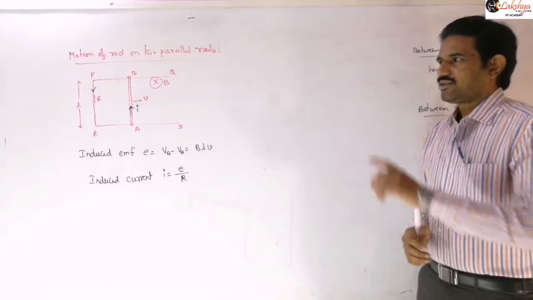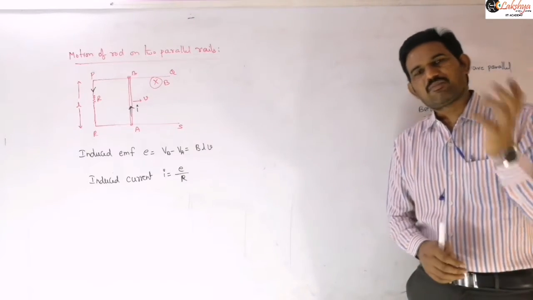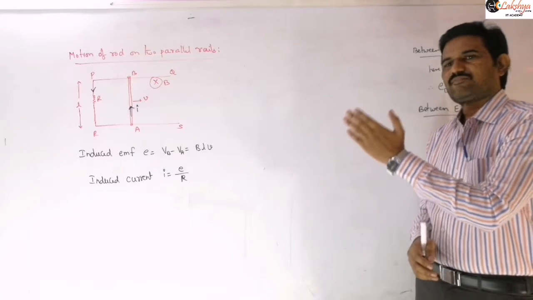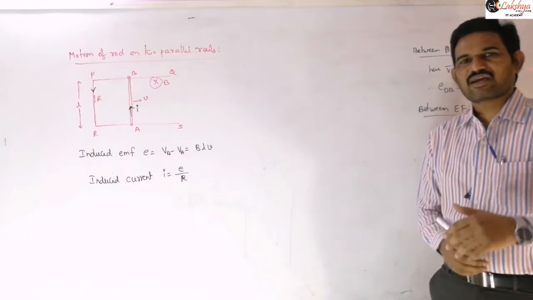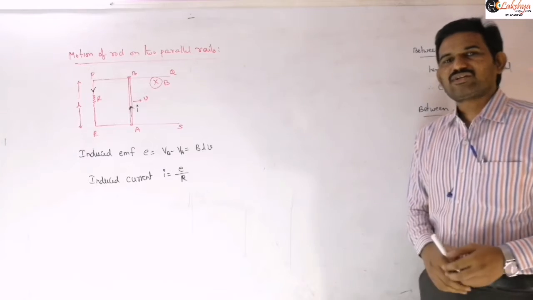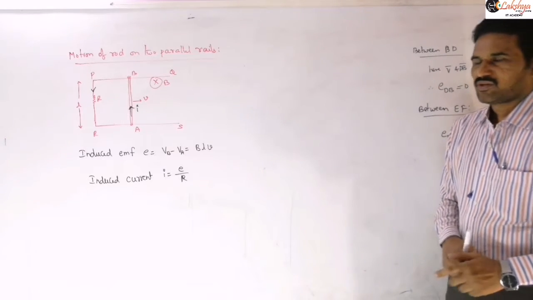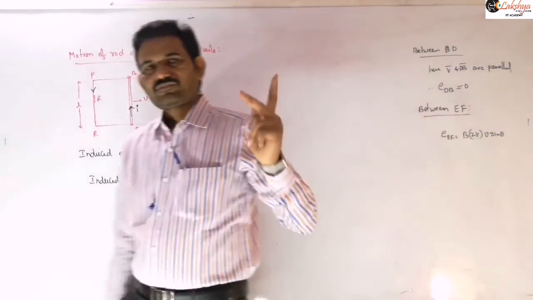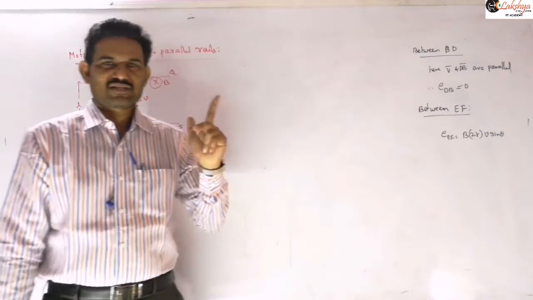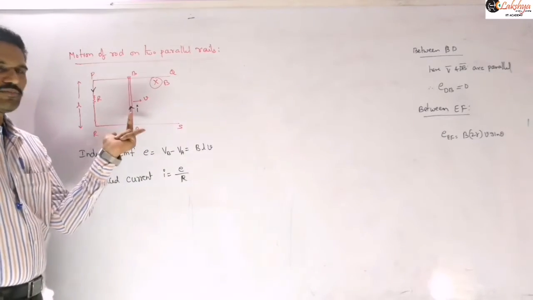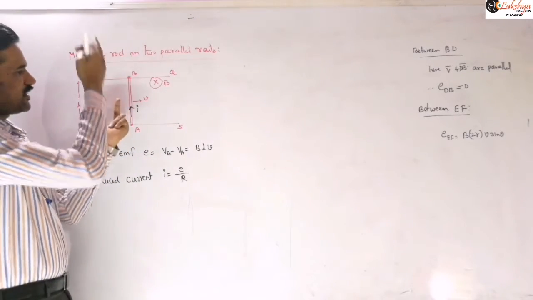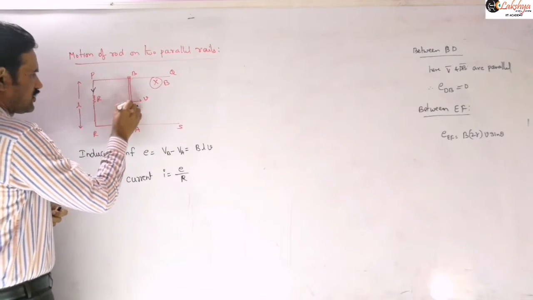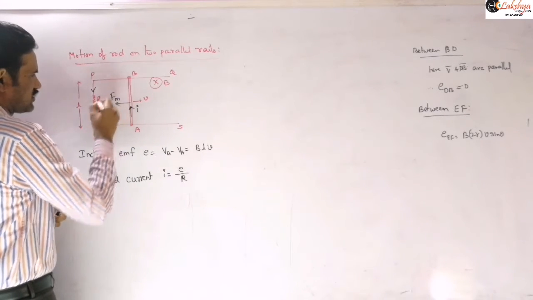Now here that AB is just a current carrying conductor. It may be the source of EMF, but now it is carrying some current, and that current carrying conductor is placed in a magnetic field, so definitely some magnetic force will act on it. Now let us identify the direction of that magnetic force. To find the direction of magnetic force, we need to apply Fleming's left hand rule. The field is into the plane, so the forefinger is into the plane, and the current is flowing in the upward direction, then the thumb is towards the left, so the magnetic force direction will be along this direction. So towards left, this is the magnetic force.